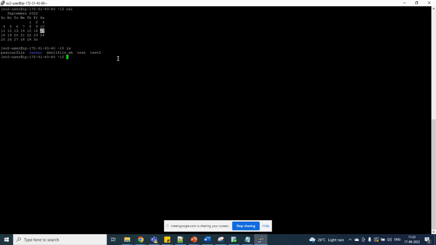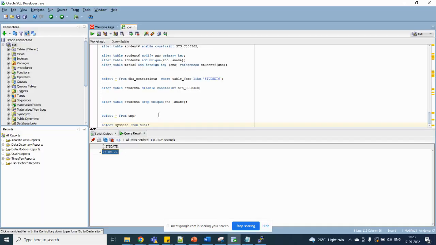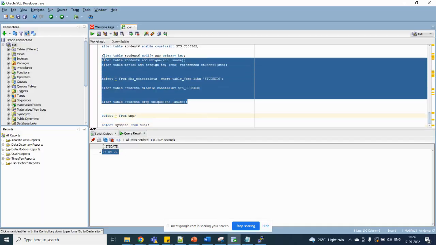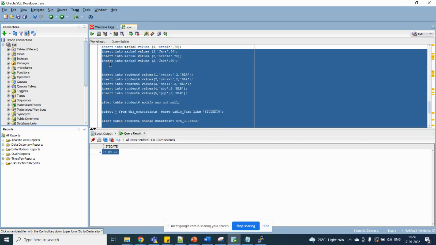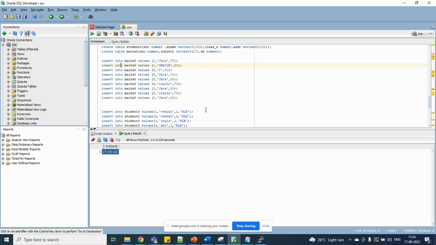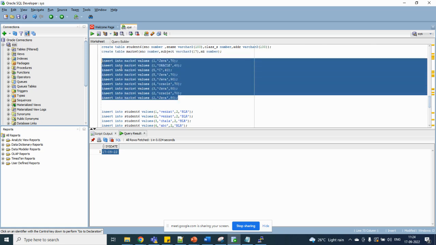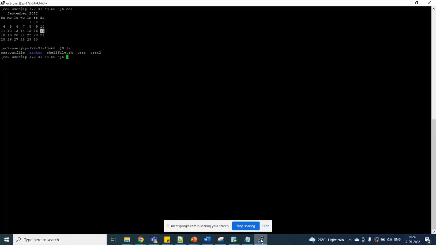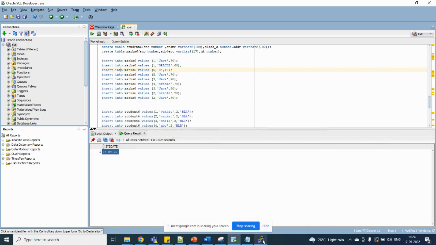Suppose you go to a production project and you want to update something, like the updates and alterations you learn here. When you work in projects, you won't insert these things from here. It won't work out over there in the project. These whole things you should run from the server side. You have to connect from one of the Linux servers, go to the directories wherever they have given, and run this